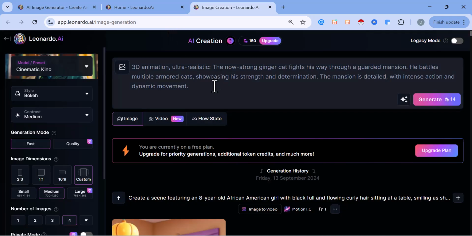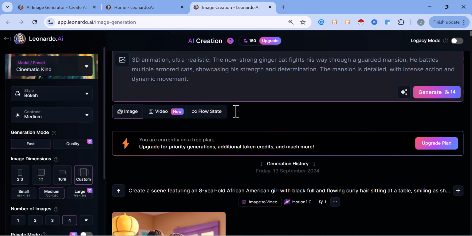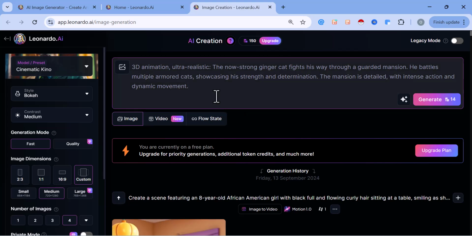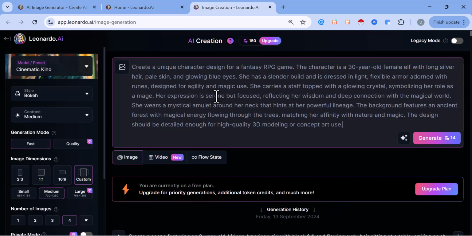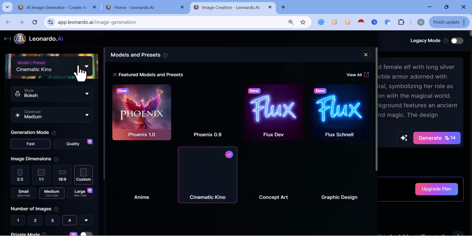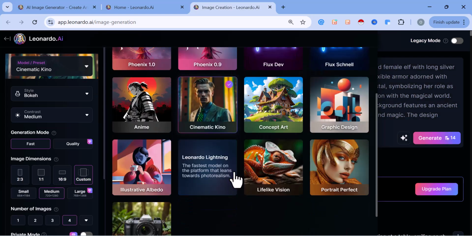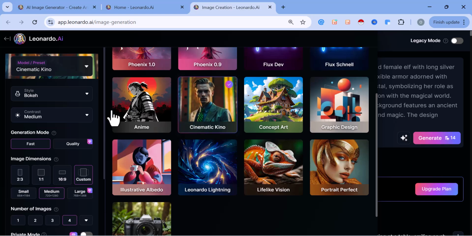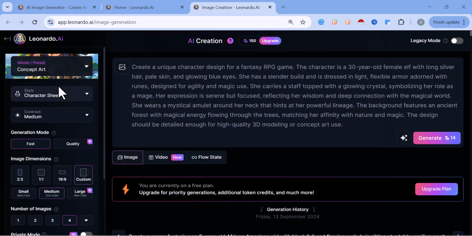Now click and do this, paste it. Now I can click on the cinematic keynote model. Good. I can also, now what you do is to